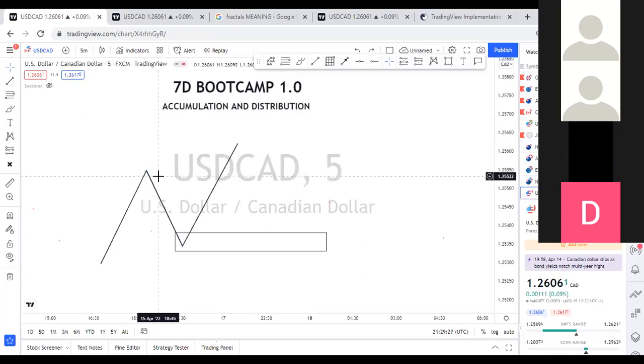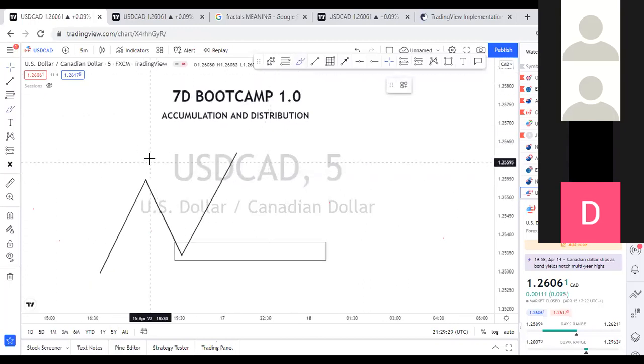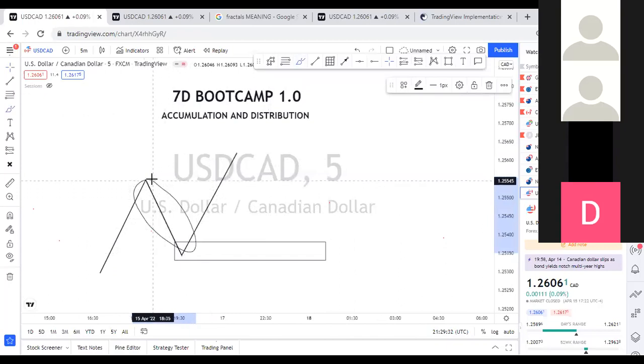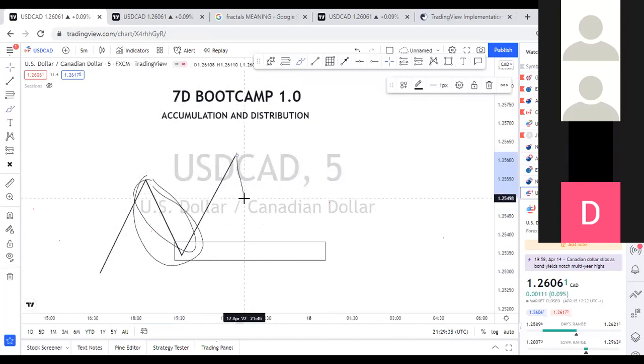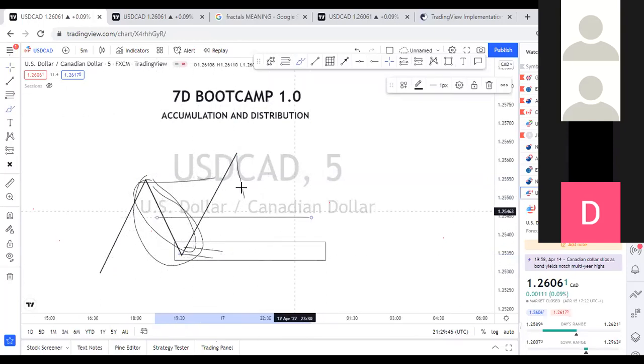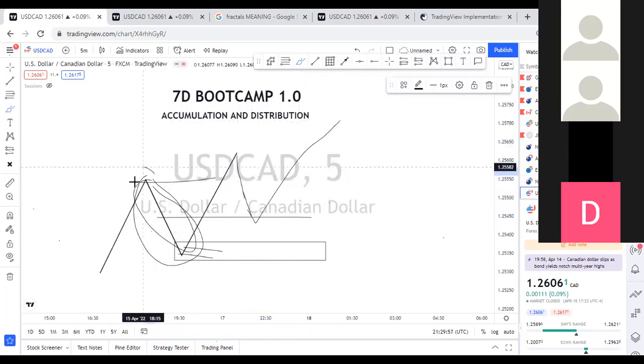Okay, now this whole move right here is what they want to come and mitigate. These orders are in drawdown. So if they come to the OB, the open of that move, and they don't come all the way down, it's still okay for them. If they come to 50%, and they don't come all the way down, maybe there's one other block here and they don't come, and they just tap this 50% and continue, it is okay for them. They have already mitigated these orders that are in drawdown. All right, they have mitigated it.